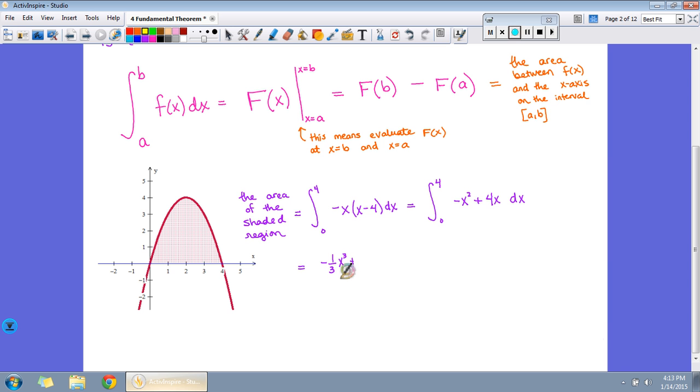So this equals negative 1/3 x cubed, add 1 to the exponent, and we divide by the new exponent, plus 2x squared, add 1 to the exponent, divide the coefficient by the new exponent, and we're evaluating at 4 and 0. So this equals negative 1/3 times 4 cubed plus 2 times 4 squared minus the antiderivative evaluated at 0,